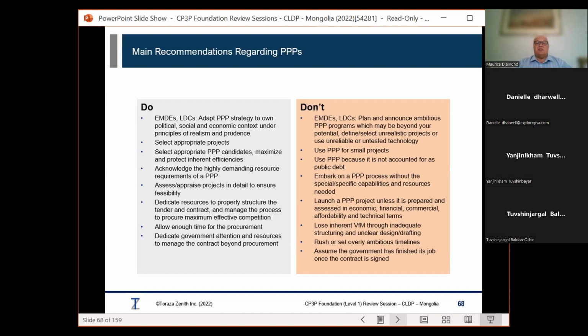It can take a long time, particularly if they're the first project. It says here, don't use PPP for small projects. Now, that's a correct answer for the exam, but I actually worry about this because PPPs in the guide and elsewhere, they talk about the minimum value of a PPP being at least $100 million